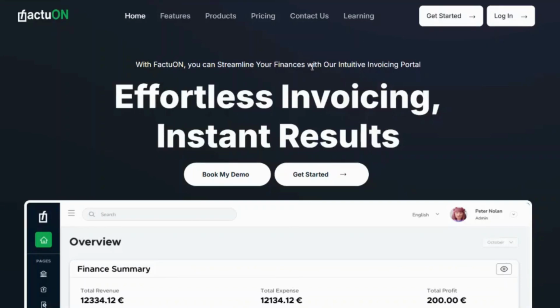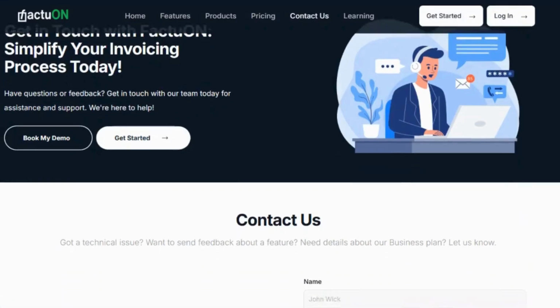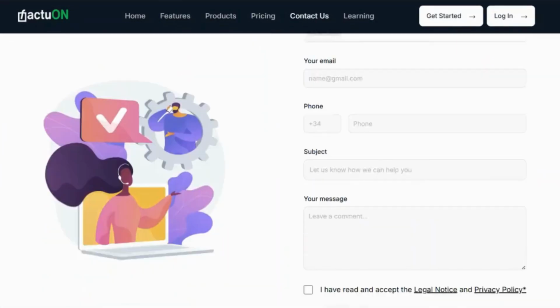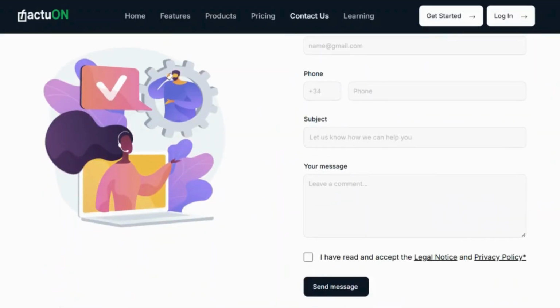Today I will show you the accountant panel. Currently you are seeing this Faction website, right? Here you have two options. One is get started, another is sign in. So if you are a direct client, then simply you can click here and create your account ID and access the portal. Or if you are an accountant, then you reach out to us by clicking the contact us here, and we provide you an accountant ID, and then you are able to access our accountant panel.